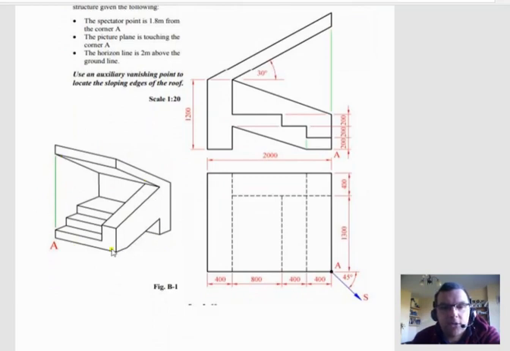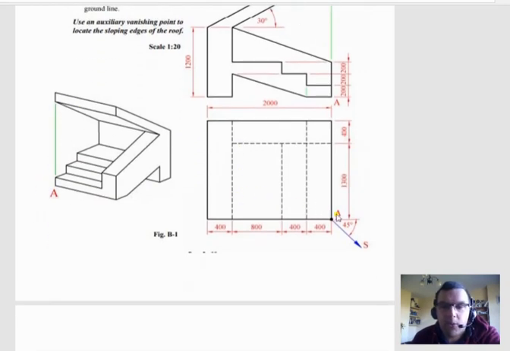So what it is, it just gives you a help of what the object actually looks like, but we'll be turning it around from a different view. Now it's important when you're looking at these perspective questions, when you're drawing the plan, look at where the spectator point is, because that'll allow you to figure out where you place this on